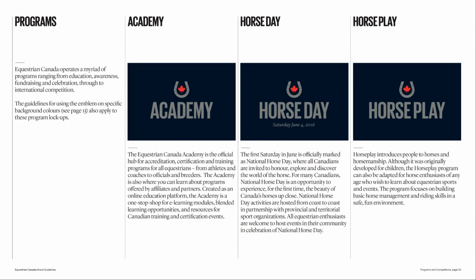I think it's a term that's a little more related to locking up two emblems side by side, which we'll get into in a little bit. And just to build on that, another really important point, and one of the reasons we went with the language program lockup rather than program logo, is because